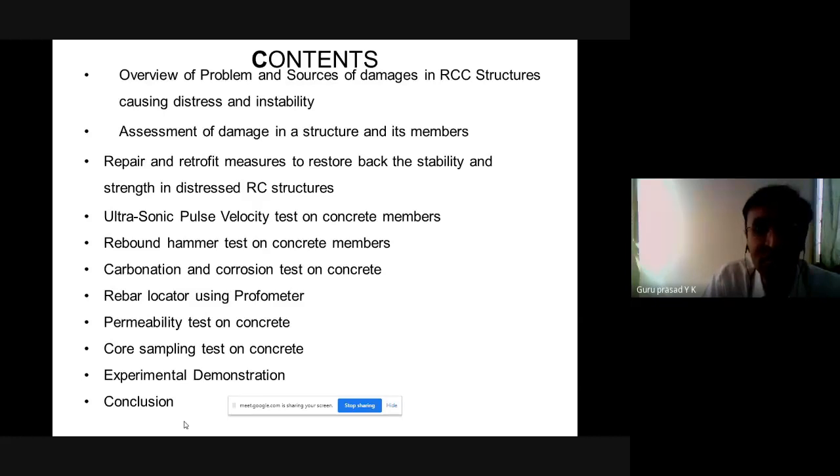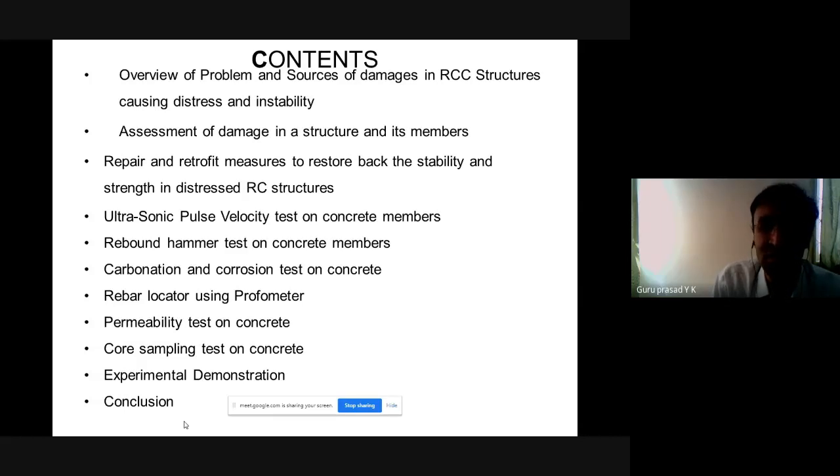Then assessment of damage in a structure and its members. So what is the degree of damage that has taken place in a structure, so that I can do the assessment of that damage using these non-destructive testing applications. The third is repair and retrofit measures. I'm going to talk very briefly on it. I'm not going to get into it because it's not the particular theme of today's talk, but still I have included repair and retrofit measures to restore stability and strength in the distressed RC structures based on the